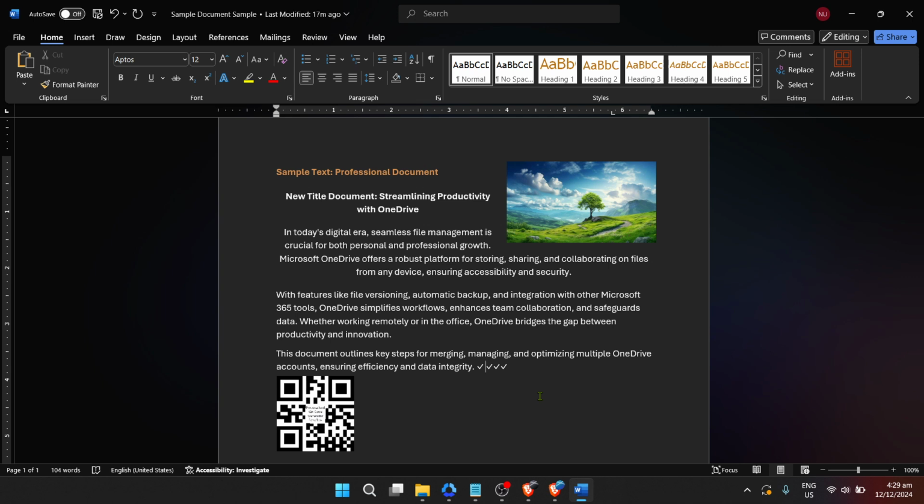Finally, once you've settled on a theme that speaks to you and, more importantly, your audience, don't forget to save your document. Whether you're prepping a document for a presentation, submitting a report, or merely drafting up something for personal use, the theme you choose can significantly enhance its presentation.